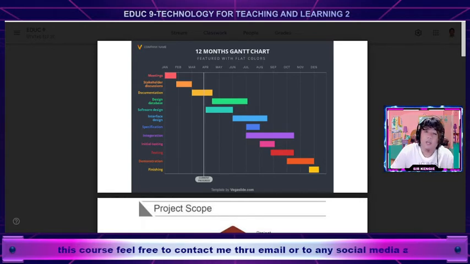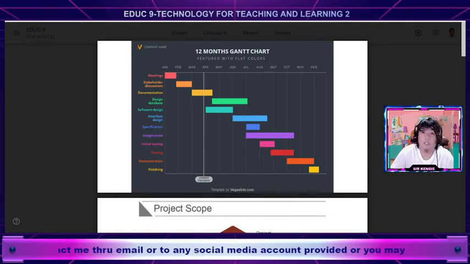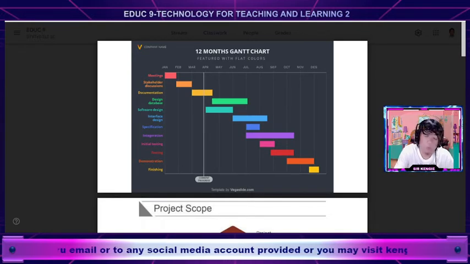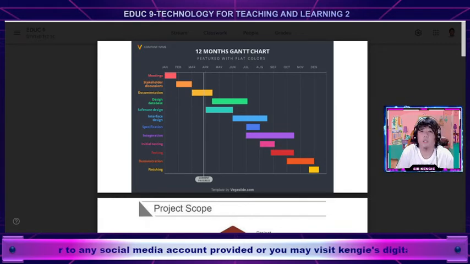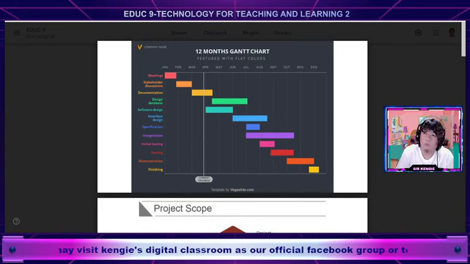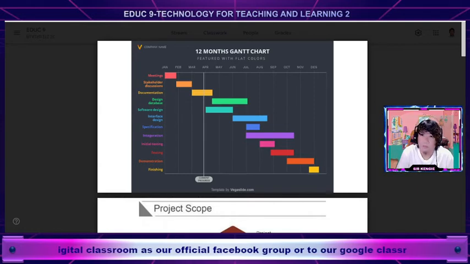So here, aside from the project scope that you're working on, you're going to prepare a simple Gantt chart or a timetable on what are the things that you need to consider in order for you to come up with a material. Okay, so let's say you started working on your IM in March. So March, what have you done? I'm sorry for the term. What have you done? So let's say your plan is to